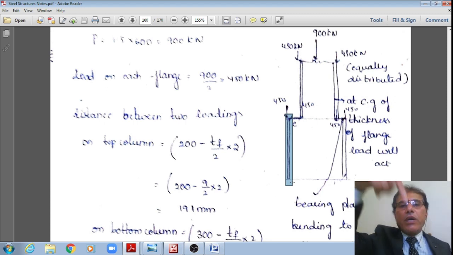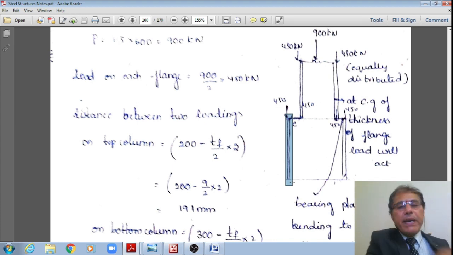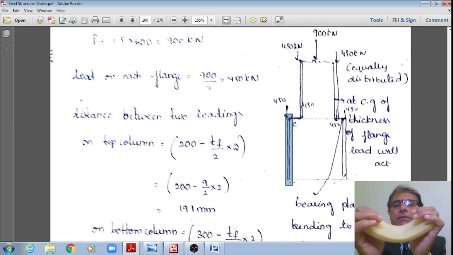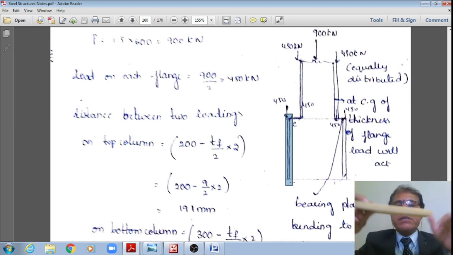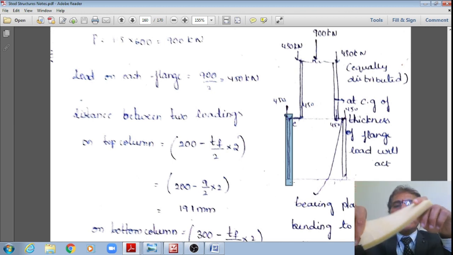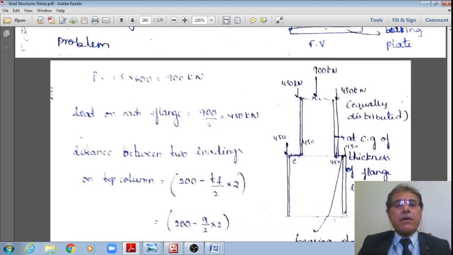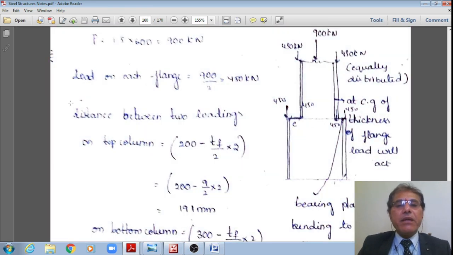Therefore the load is transferred from the flange, and there is an equal and opposite reaction, right? 450, therefore leading to the bending of this base plate between this 450 and this 450. That is how it is bending, right? Hence, what is the distance between the two loads